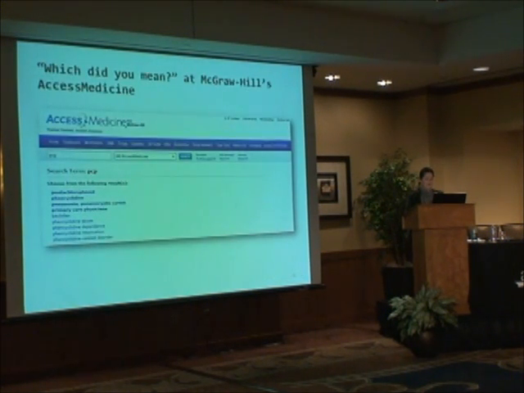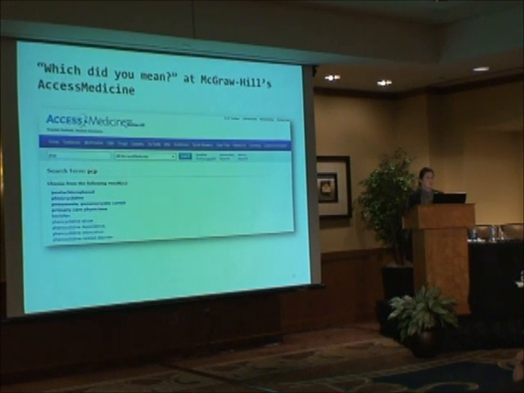So here's another example of normalization in search to improve search. This is from Access Medicine. Again, doctors very commonly think in abbreviations. They expect you to understand what they mean by PCP. Access Medicine is a site that has general medical content, so PCP can be many things: pentachlorophenol, phencyclidine, cystic cardiac